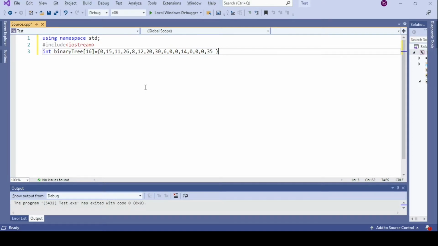So I have just initialized the binary tree array with all the 15 data values, as for the given example we took.